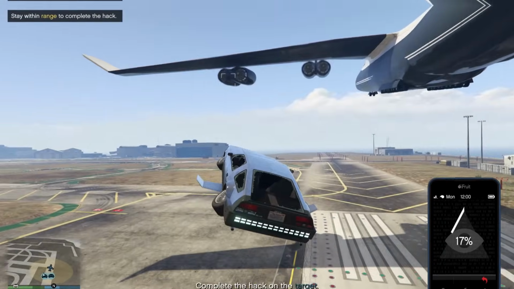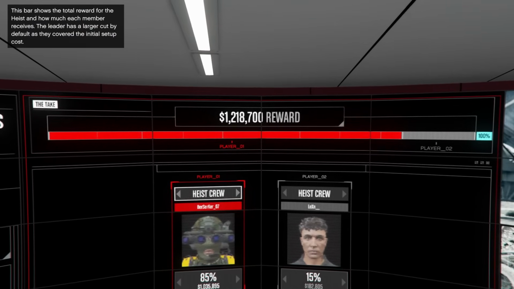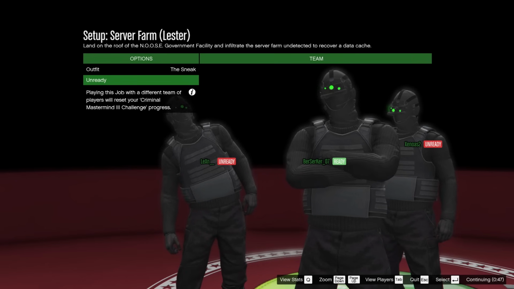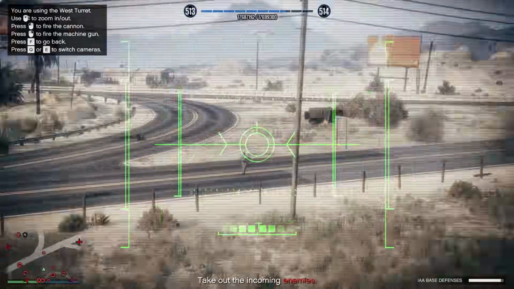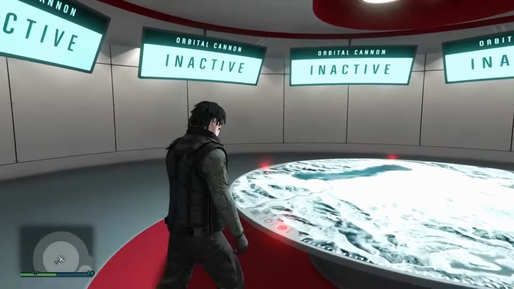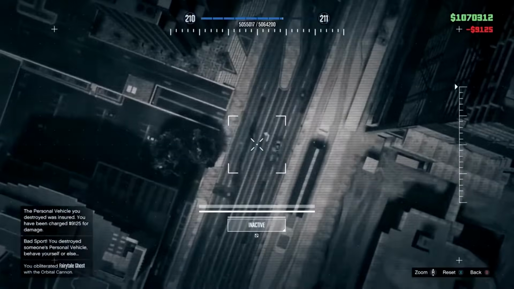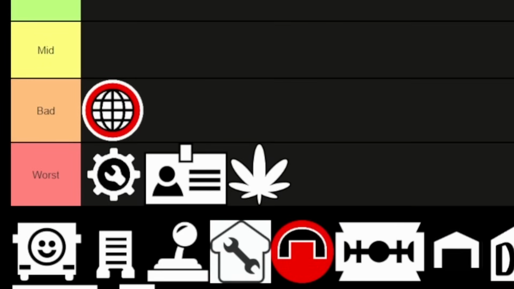The payouts can earn you between 1.2 to 2.2 million depending on how you're splitting the take and with how many people, but with a full squad, your cut will shrink even more. Beyond that, the Facility is infamous for the Orbital Cannon upgrade, one of the most hated additions in the game, which is either a selling point or a deal breaker depending on the player that you are. While the heists are fun for a first time, they quickly become annoying real fast,